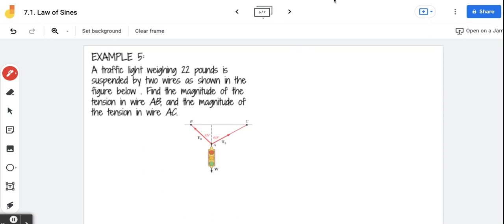There is a good little animation of this in the ebook I was going to show here. If you hit play here, you can see that here's your 2 forces, the tension of each one of these wires, and then the weight, the gravity of the light, the force of gravity. And so if I hit play on this, you will see how this transforms into how we could draw this as a closed triangle with the tensions and the force of gravity being the three sides of the triangle. We can make it into a closed triangle